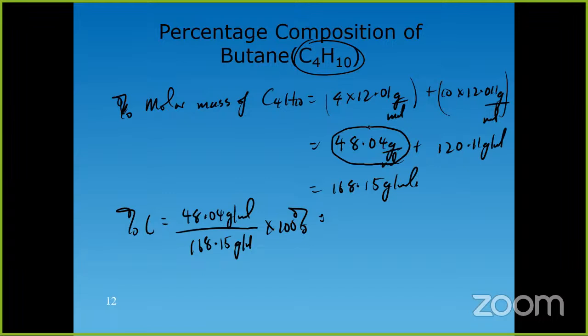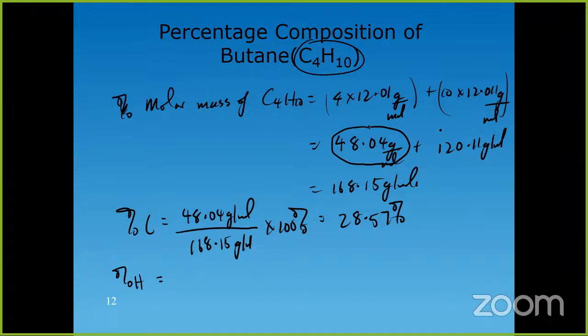So 48.04 divided by 168.15 and times 100. According to my calculation, this works out to be equal to 28.57%. And then we do the same thing for the hydrogen,